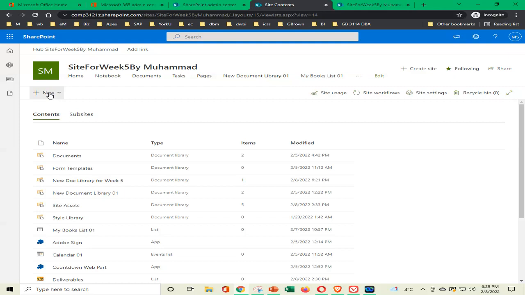So if we see here, we don't have any option for subsites this year. Previous year we had, and now we are using hub sites. And now we can see that we can also create a new app here in our sites. We can create a new app. If we click on this one, new app, we will see the functionality of this option. We just click on the app and see